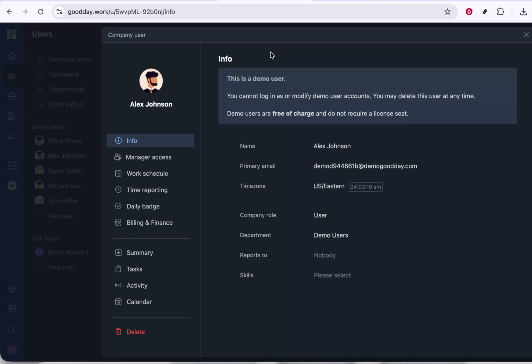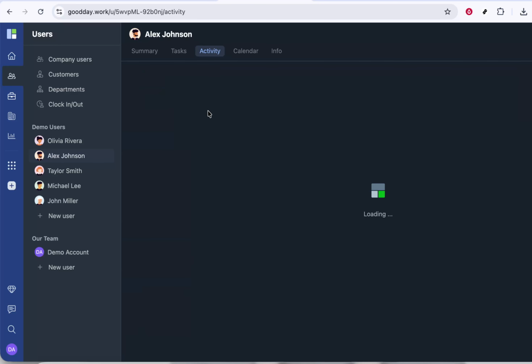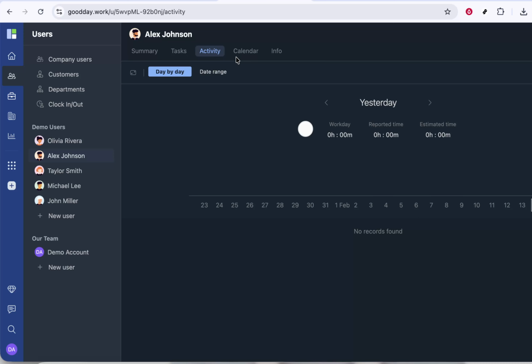Finally, within the Activity area, click on Summary. The Summary view gives you a high-level breakdown of activity, including non-billable time. Here, you can analyze patterns, compare billable versus non-billable hours, and use that insight to improve planning, resource